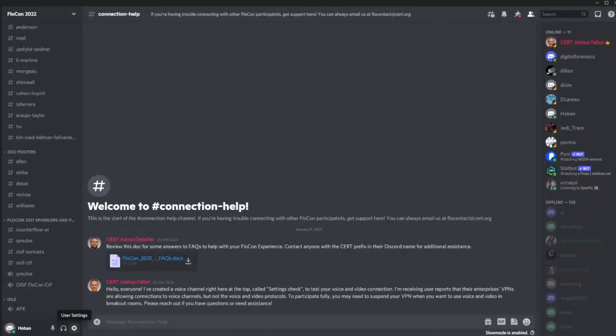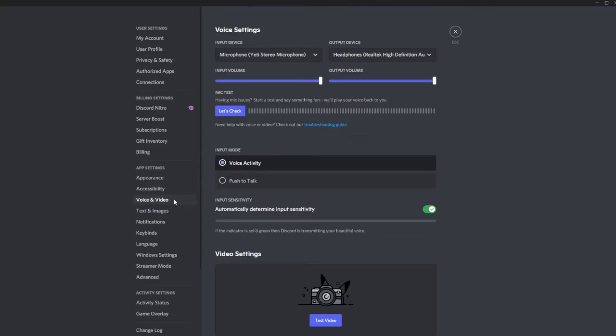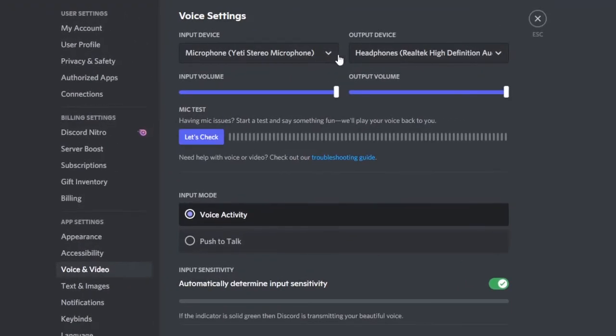That said, if that's not the challenge, there are a few user settings that I'd like to bring to your attention so that you can get the optimal experience. Principally, these live down in the application settings under voice and video. Once you select voice and video, you'll see that you can select what input device you'd be using for your audio, what output device to use for hearing others speak, and set the volumes for each. There's a function here to test your microphone just from within the application to see that it's picking it up and you're receiving sound through the desired channel.